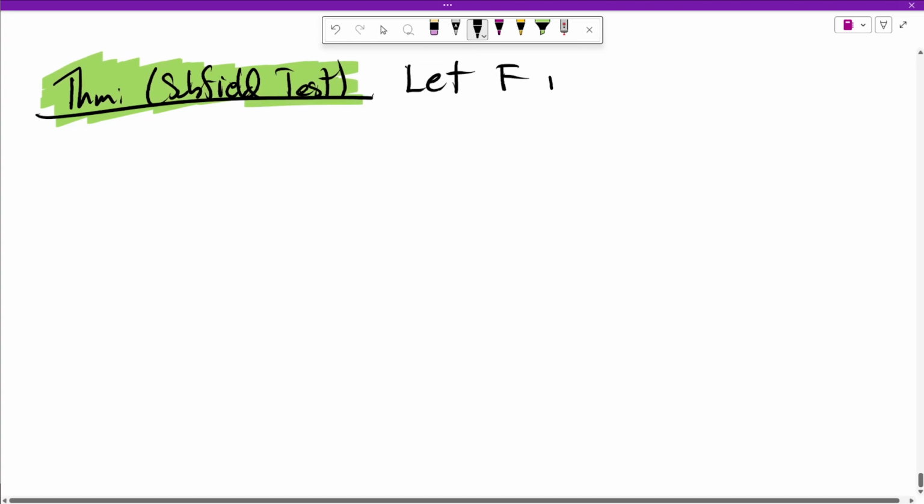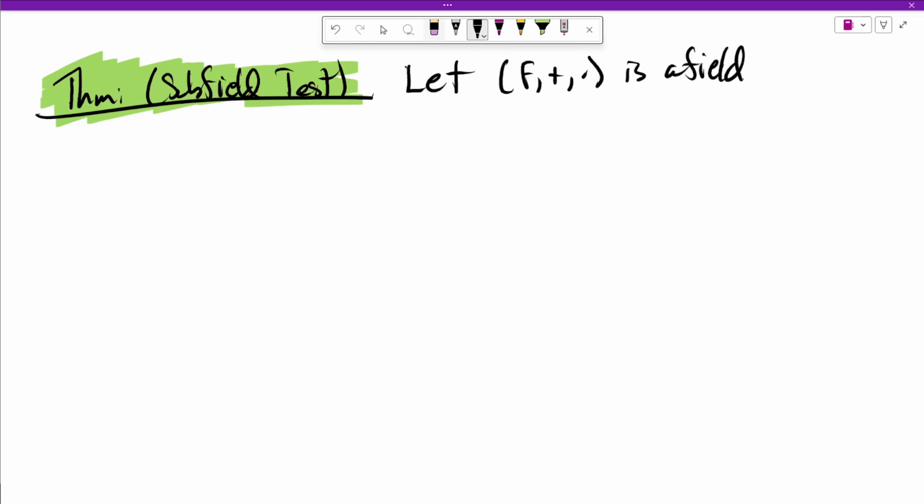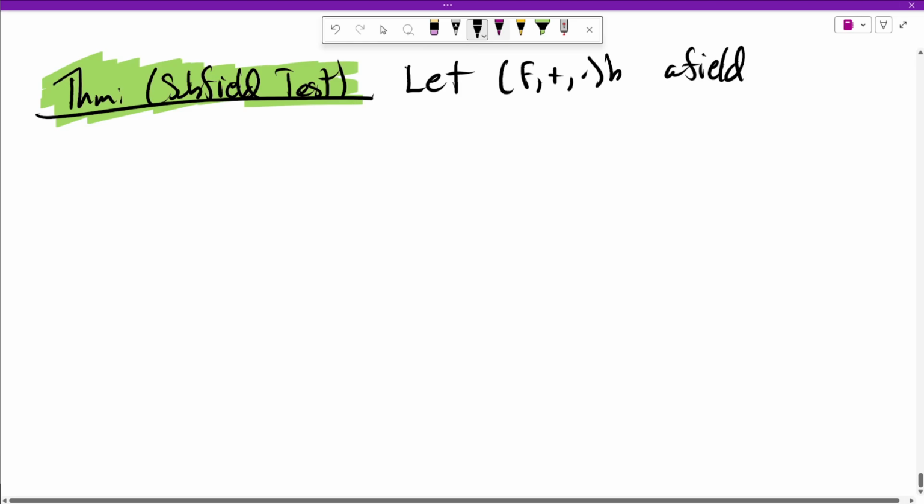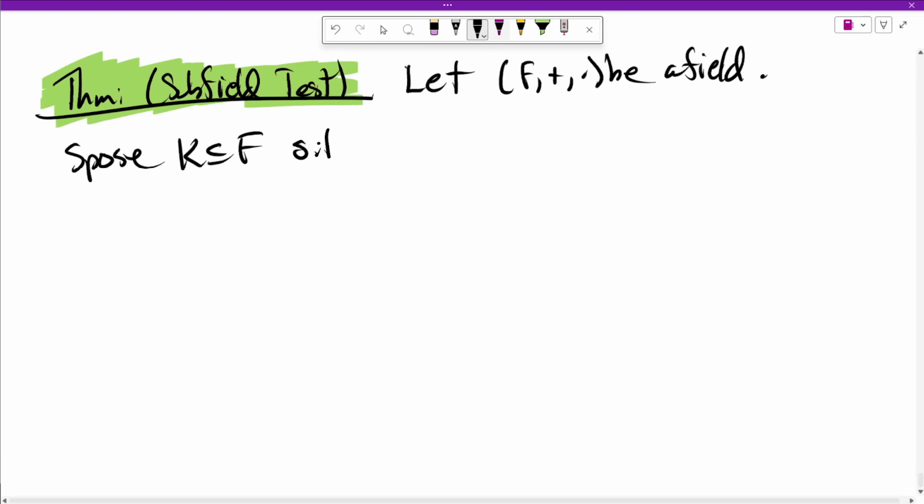Let F be a field. And actually, I should be a little bit more careful. Let's say F with some notion of plus and dot is a field. So we have a commutative addition, commutative multiplication, and every non-zero element has a multiplicative inverse. Suppose K is a subset of F such that